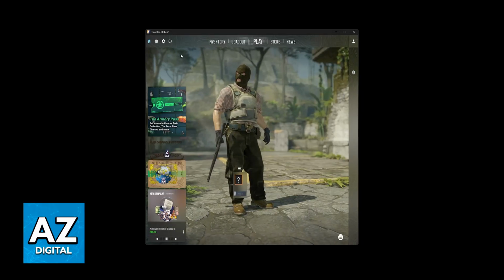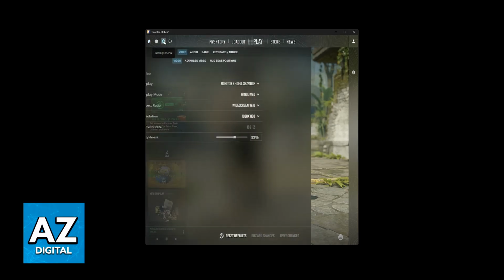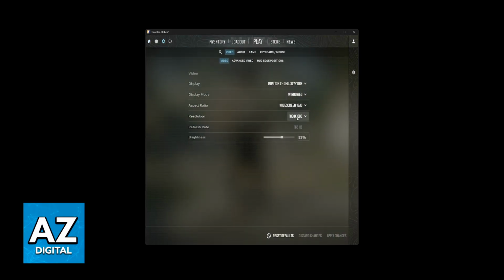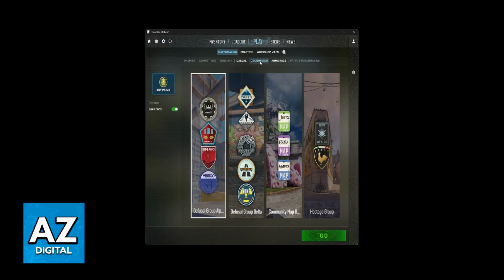So once this is done, restart Counter-Strike 2, go to the settings, and then to find 1080 by 1080, you have to go to widescreen 16 by 10. As you can see, under 16 by 9 it is not available, under 4 by 3 it is not available, so go to widescreen 16 by 10 and you will have 1080 by 1080. Apply the changes. Of course you can choose any display mode, so full screen, windowed,